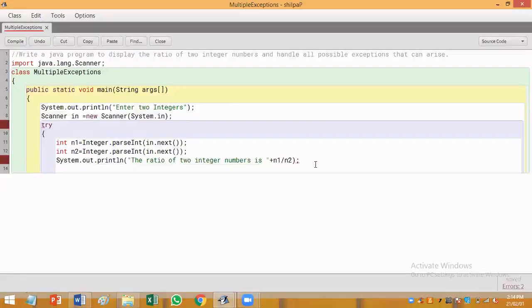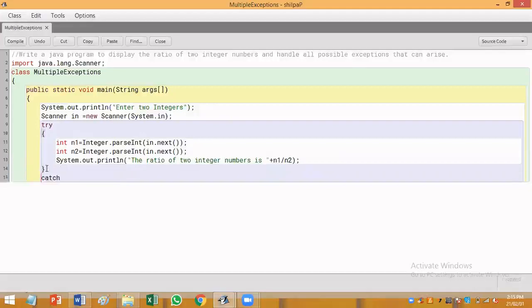Okay. So now I'll include a catch block for this try block. As we have studied, we know that at least one catch block should follow every try block. So what is the first type of exception that can be raised in this program? NumberFormatException.